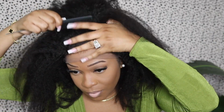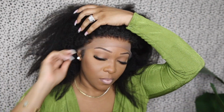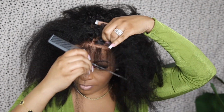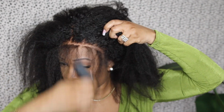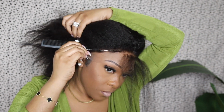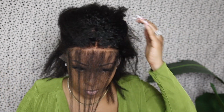Okay, girl, so now it is time to put this wig on, baby. This is a lot of hair, but we're going to make it do what it do. So this kinky texture wig is so beautiful, y'all. It comes with a very small amount of hairs that has been plucked, but honestly it's not really bad. Like, I thought I was going to need to go in and pluck at some point, but honestly I didn't even have to do that. So I'm going to go ahead and pull out some of the hairs around the hairline and start to secure